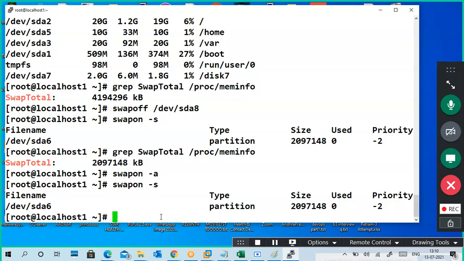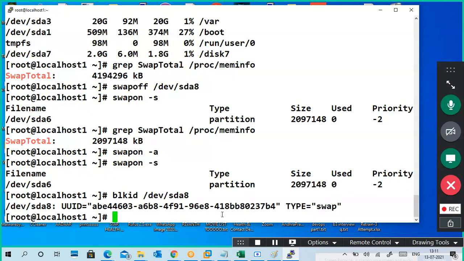So what I'm going to do is vi /etc, sorry, blkid. Okay, I will get a problem after restart. So it is better to go with sda8. The type is swap.